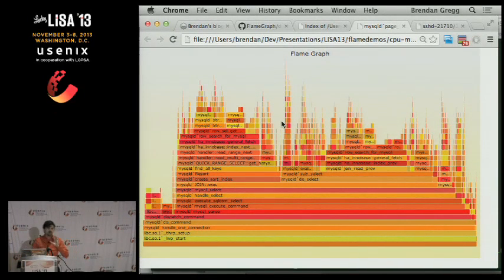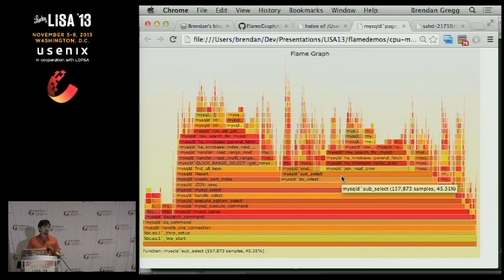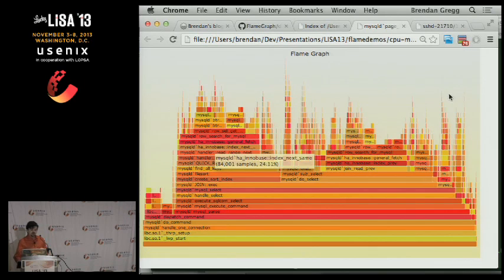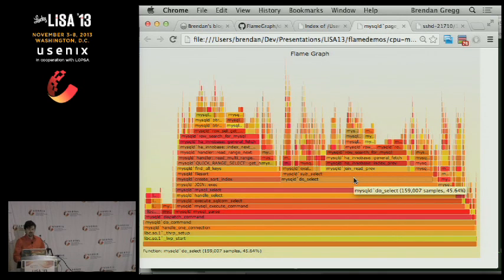I know the font's going to be very small, but I'll zoom in on later slides. And all these slides will be on SlideShare. All the SVGs that I'm demonstrating will be on GitHub. This flame graph is not just an image that shows all of the profile data at once. You can move the mouse and navigate it. It's going to be too small, but I'll read it out.